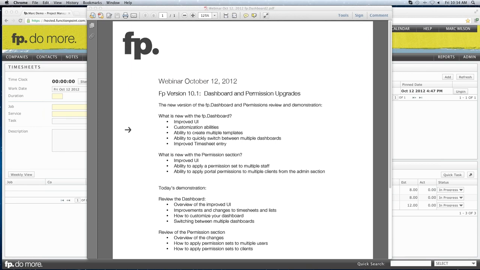From there, we're going to be taking a look at the improvements to the permission section. Anybody who is familiar with Function Point's permissions section, I'm sure you're going to be very, very pleased with what I have to show you today. It's a significant improvement to how you create and apply permission sets, and it is going to be a big time saver for Function Point users that are doing this often, for new staff or changing existing staff. There's also a couple other items to mention around